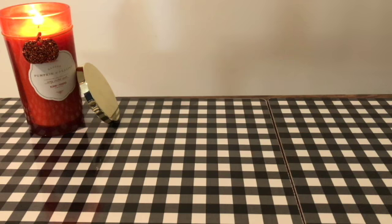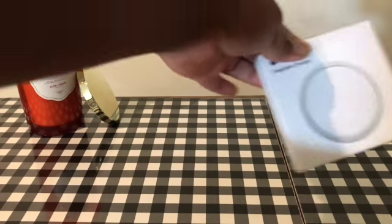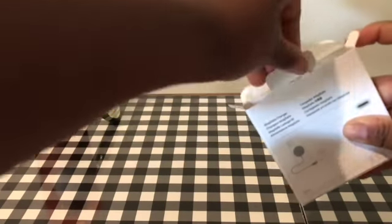So through Verizon, they say if you get the phone, you get like 2-3 accessories, 15% off, I believe. I can't remember right now. So I got this MagSafe charger. And in this comes with,